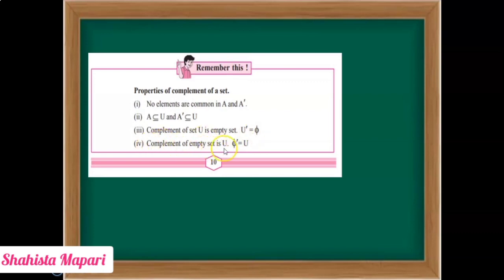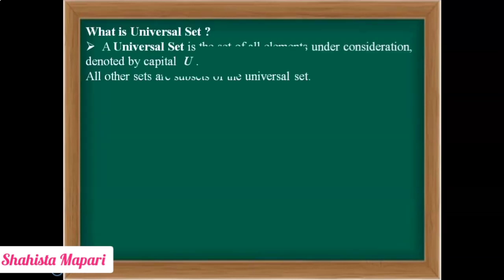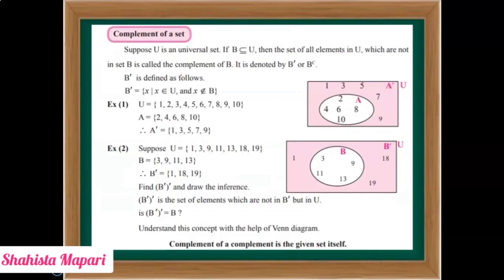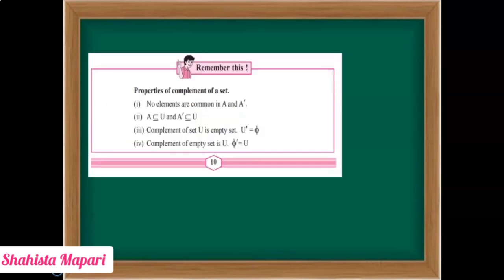Now complement of empty set is U, complement of empty set is universal, that null set complement is equal to U. Null set complement is equal to क्या आएगा, U आएगा. Is that clear? Now this property we will use when we will solve practice set 1.3. So in this way we finish the complement of set. Okay, so we studied here what we have studied. We have studied universal set, we have studied here Venn diagram, and also we have studied here complement set and its property. So now let's start